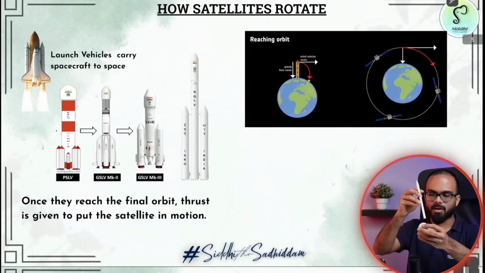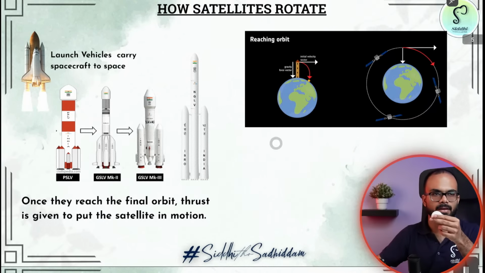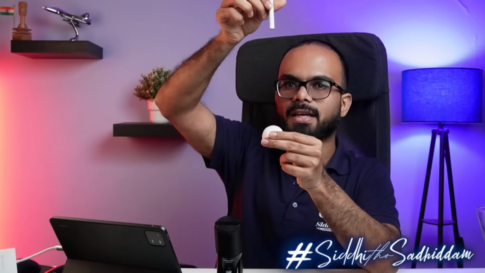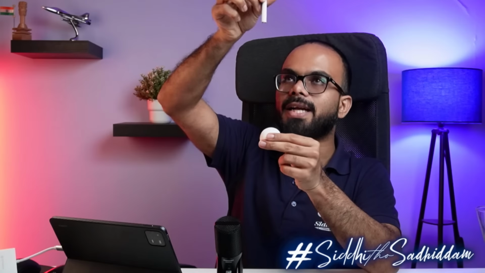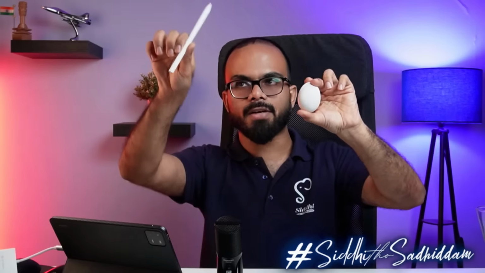The 90-degree rotation is because, as I told you, this is my surface of the Earth, and this is the direction in which I'm firing my satellite rocket. Satellite is traveling like this. Now, if I put my satellite in this manner at this point, it can't rotate, right? The path around the Earth is circular. So I'm firing like this. Only when I give a 90-degree push, it can rotate around the Earth's surface. So for this purpose, you need a 90-degree rotation.